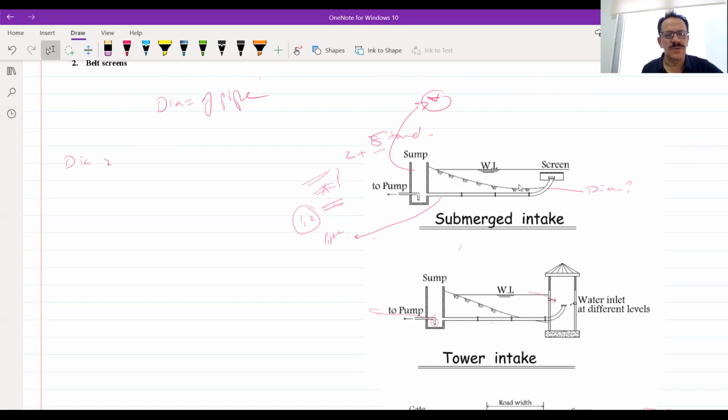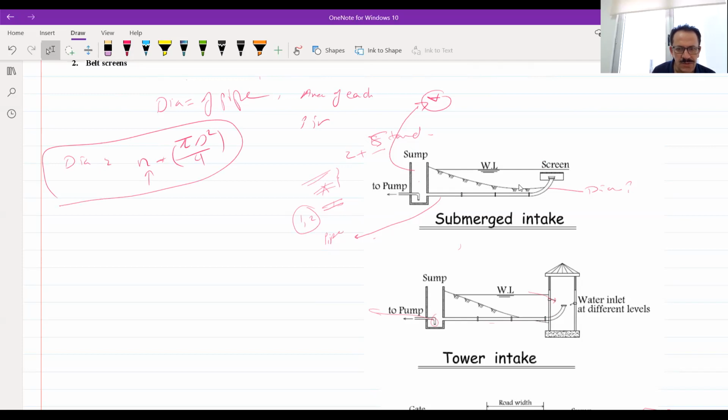Diameter is equal to, by diameter, I should find the area of each pipe. What I mean by area is πd² over 4, right? So this is the area of one pipe times n, the number of pipes that will receive water from the rotor to the tank. There will be n pipes, so the total area of the pipes is n times πd² over 4. Now, we have the flow, or the velocity, through those pipes.